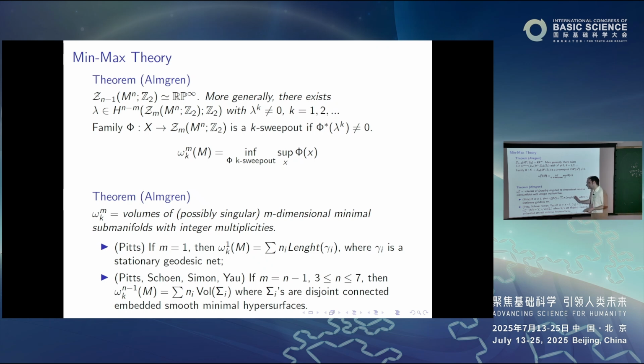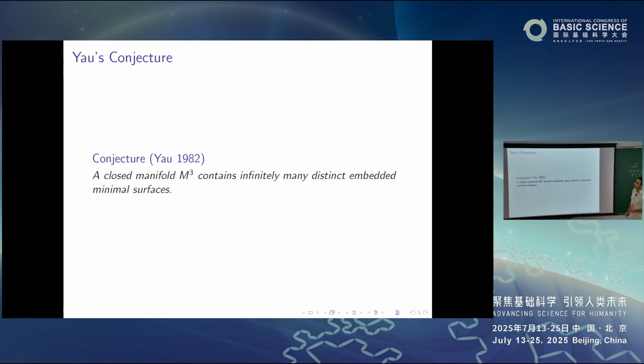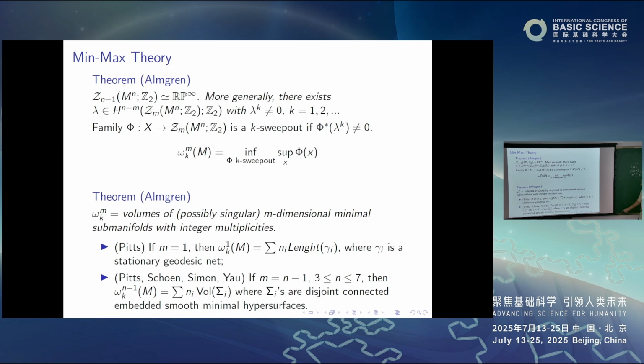At first you may think, wow, that's amazing. We now obtain infinitely many critical points of the volume functional. And this is related to Yau's conjecture from the 80s that every closed three-manifold contains infinitely many distinct embedded minimal surfaces. But the issue here is that